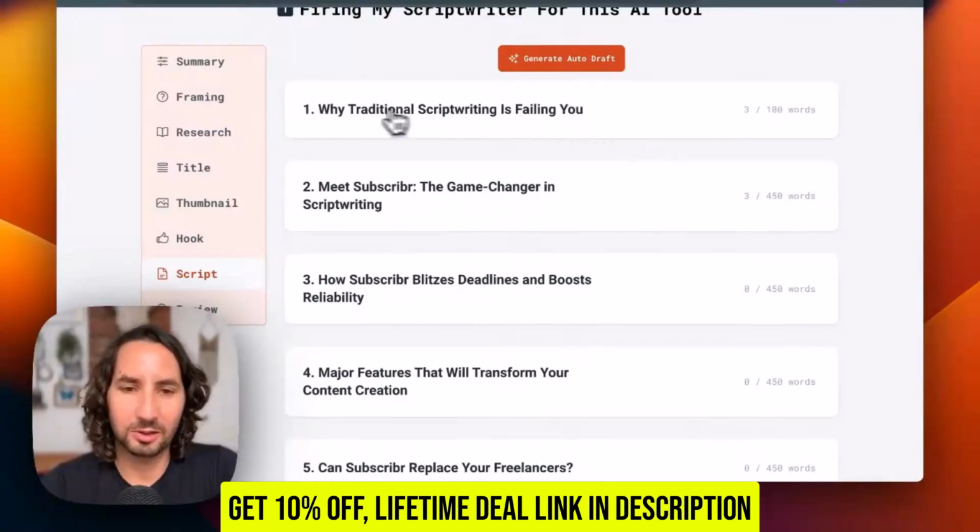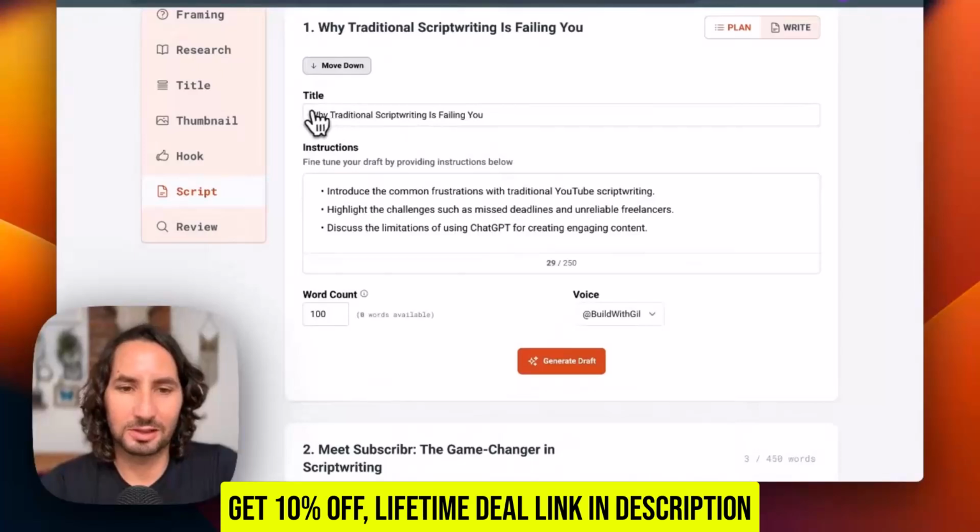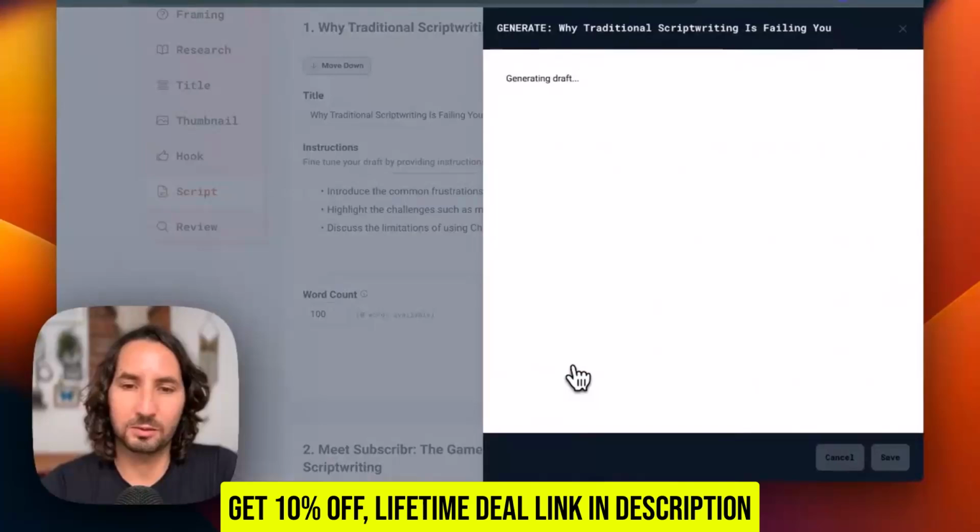And what I can do is click on each of these sections here. So this is like the introduction, and you'll see the title. You'll see the instructions for this section. So this is basically what do I want to write about in this section of the script. And you'll also see a target word count. When I'm ready, I can just click generate draft, and it's going to generate a draft of the introduction section